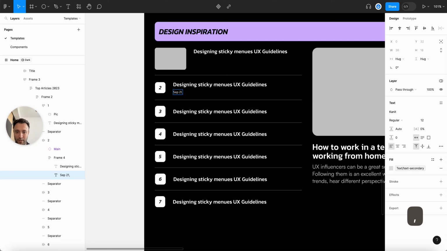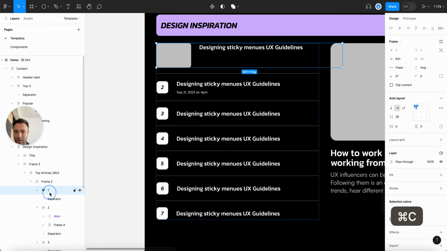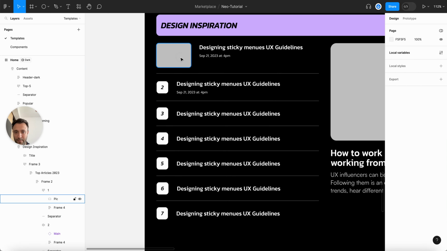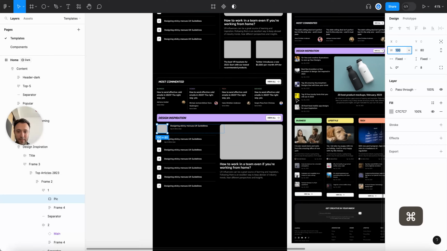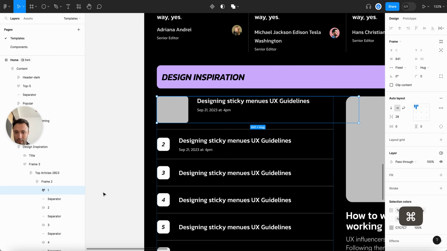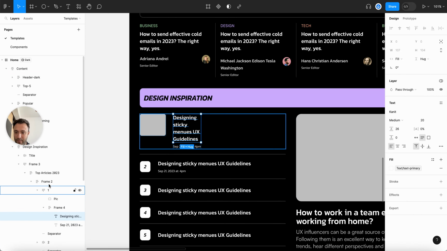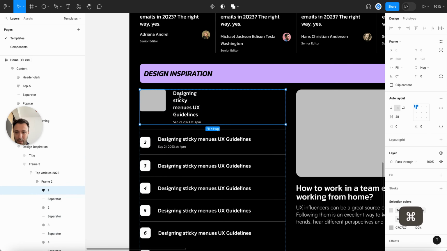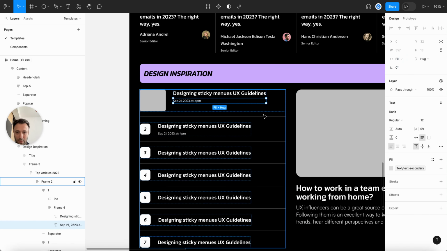September 21st 2023 at 4 p.m. Okay, that's it. And this frame we should copy here. Let's decrease a bit here the width. Okay guys, so I think we have our first element ready. So this is a frame that contains 6 articles. Let's choose fill. Let's choose fill. Okay, fill on date. I think it's okay because